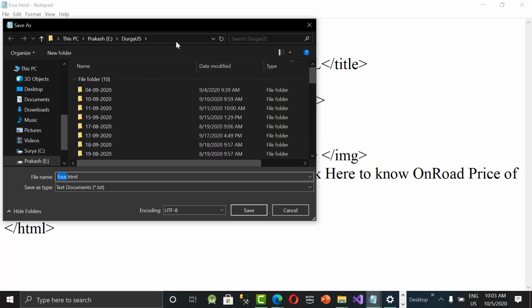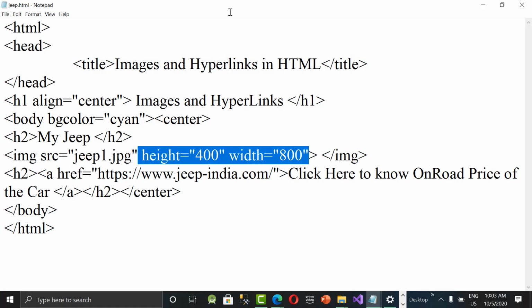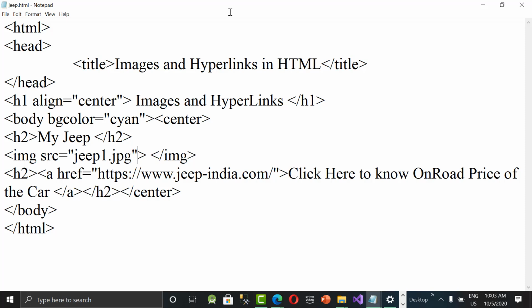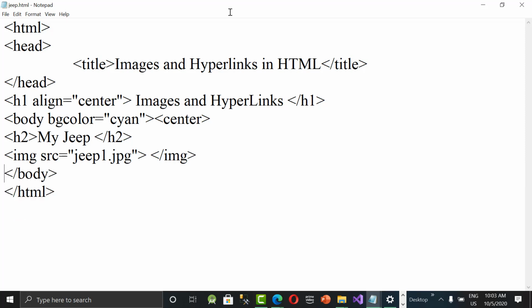Jeep.html, and here I'm going to show you the full image now. I don't want to give any size because I want to see the full image, and I don't want to show any text here. Or you can also go for some other model.